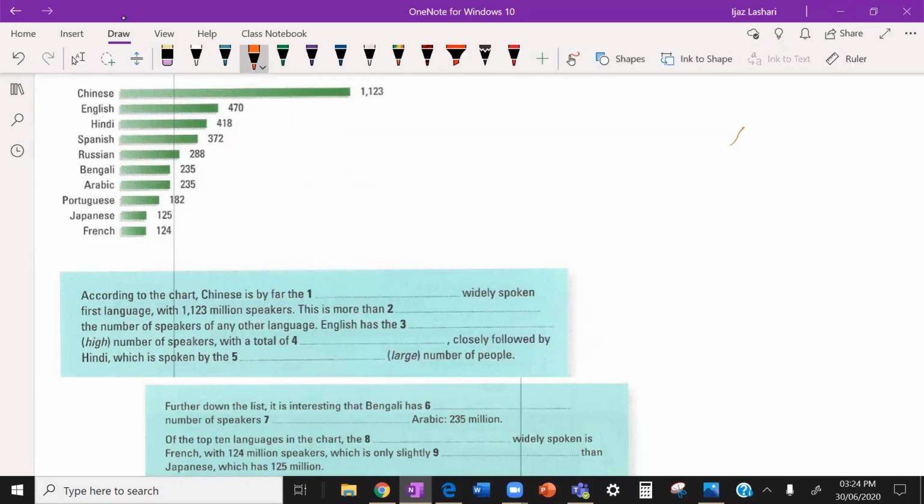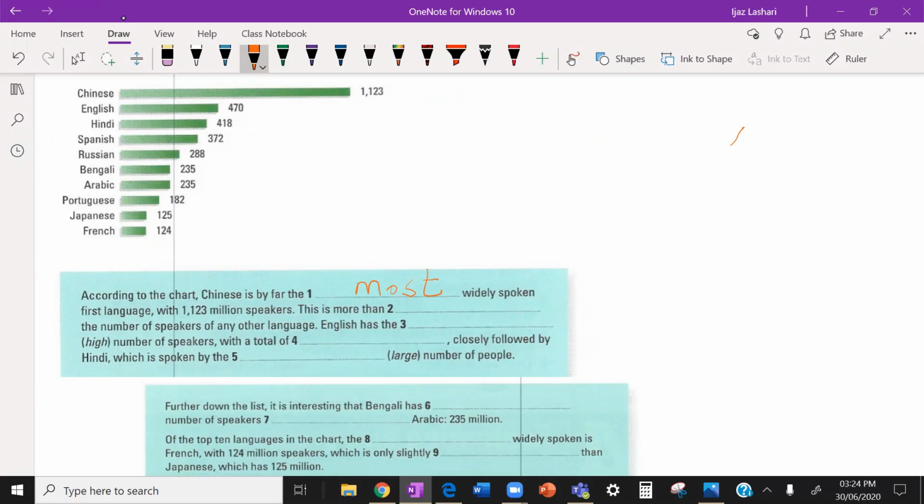So looking at the first one now, let's answer. According to the chart, Chinese is by far the dash widely spoken first language. Most, yeah, that's right. Most. Okay, here we can say most widely spoken first language with 1,123 million speakers. This is more than,